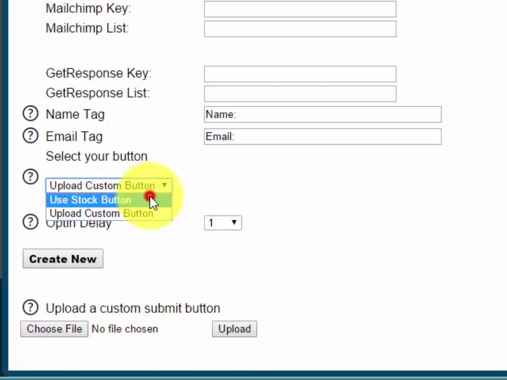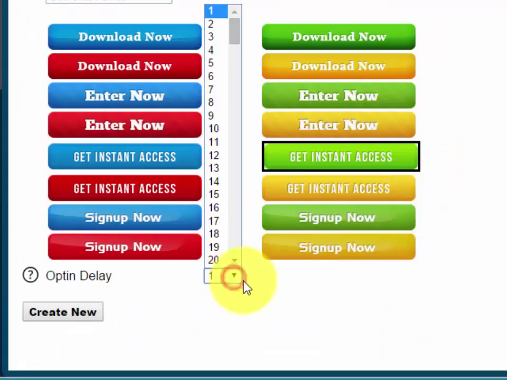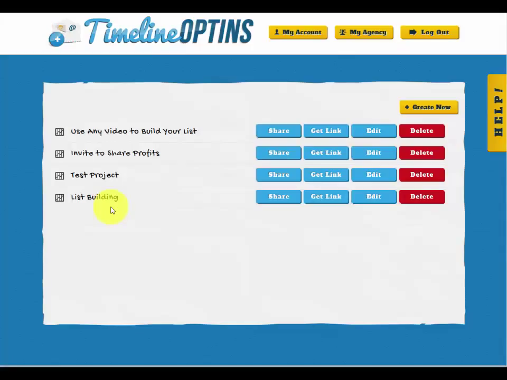But I'm going to use the Stock button, Get Instant Access. And the opt-in delay is how many seconds your video will play before the squeeze page shows up. And I'm going to put 9. And then you just hit Create New. We now see that the list building opt-in has been created, and to put it on Facebook, we are now